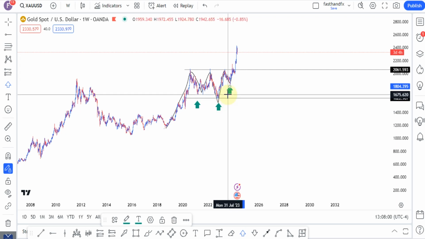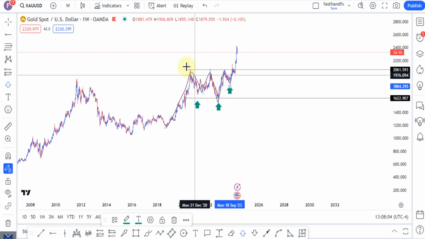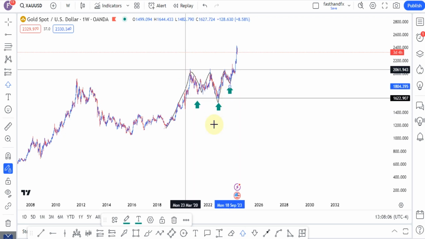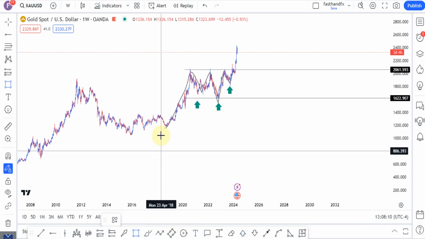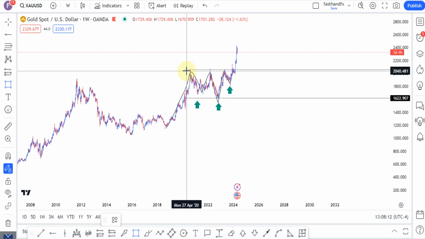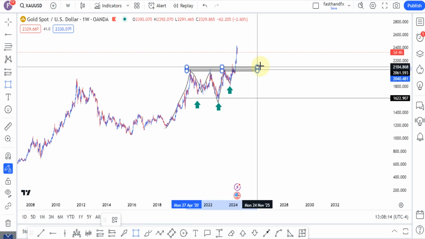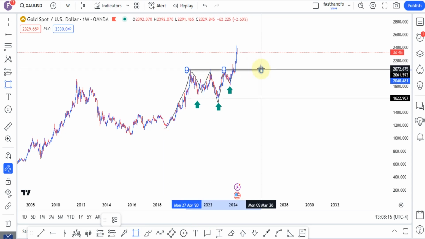the right shoulder. So guys, the market did break above this level. So the market did break above this neckline. Immediately the market broke above this neckline, I already knew that this market wants to start giving us